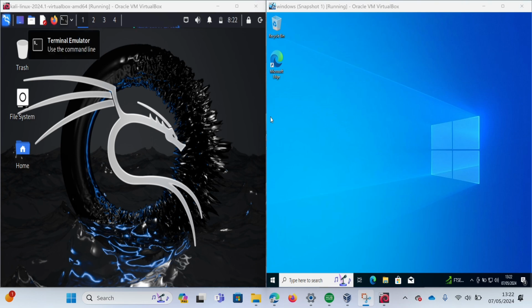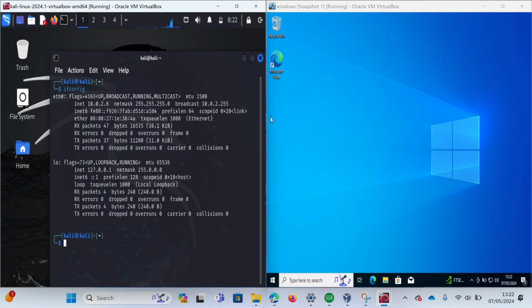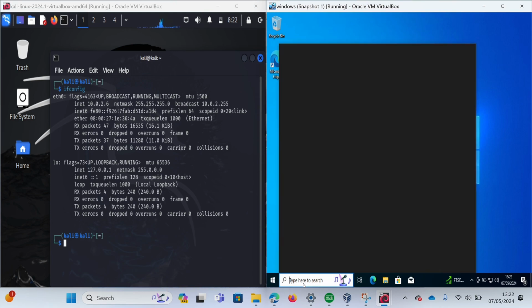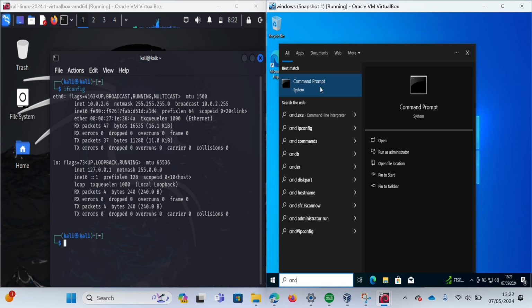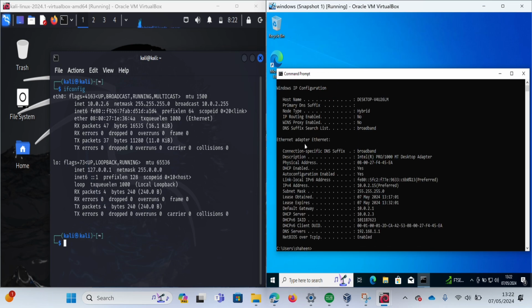Now once both machines are up and running, you can open the terminal on the Kali machine and we will first check the IP. This is done by typing ifconfig on the terminal and pressing enter. Here we can see the IP as 10.0.2.6 next to inet. On the Windows machine, navigate to command prompt and type in the following command to find the IP address. So it's ipconfig /all, and next to the IPv4 address you will see the IP for the Windows machine, which is